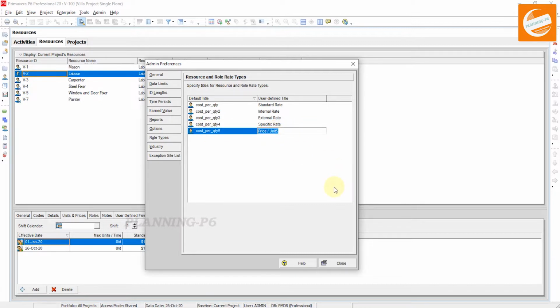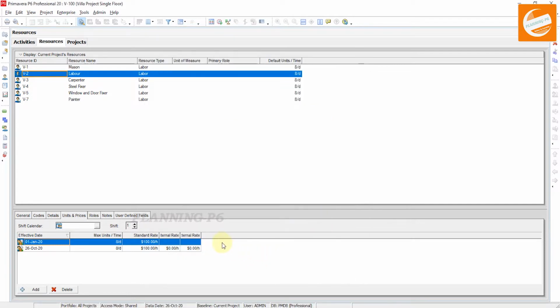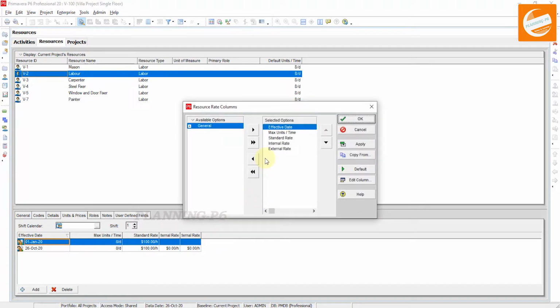I will say here local rate. Just that, and after that close it, and then go again to customize and import these two options, which are specific rate and local rate. Apply.